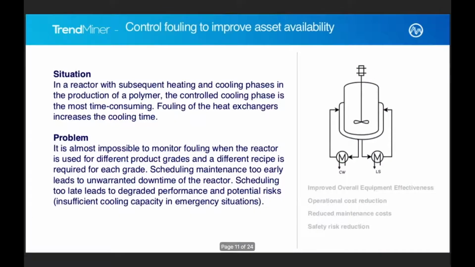Basically, we're looking at a reactor, as you can see on the right, with two different thermal systems. There is a cooling water system for cooling and a steam system for actually heating. As the reactions go on, every time they have to go to a heating phase to bring the reactants to temperature and make the catalyst active. Then at the end, when the polymer is formed, they have to go through a cooling phase, cooling down to about 10 degrees before they can start post-processing and discharging the